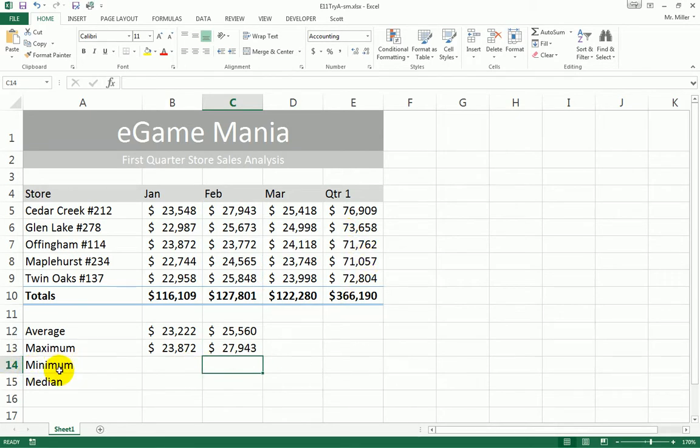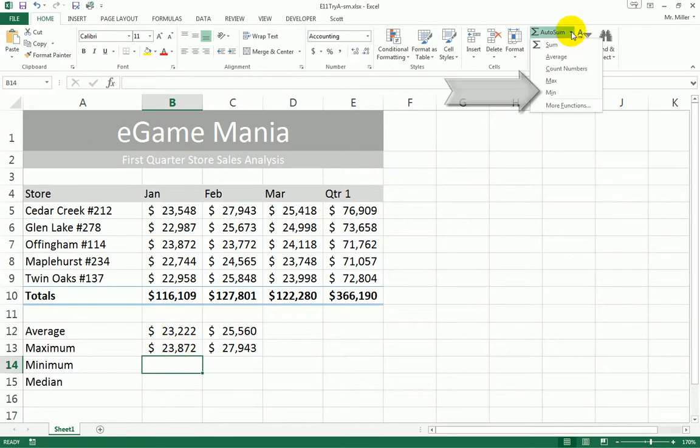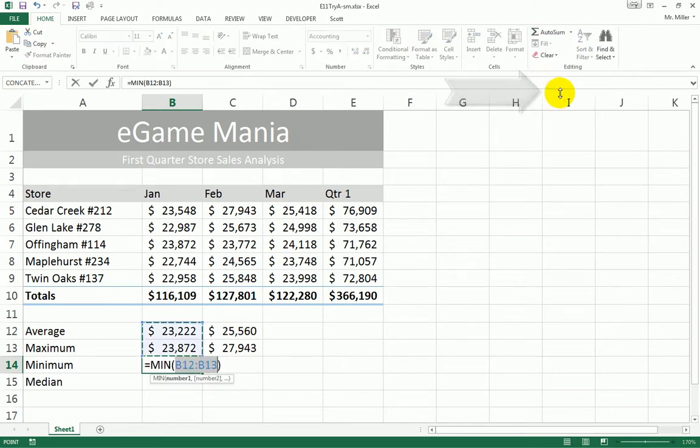Let's go to minimum for a moment. Clicking on the minimum for January, this is going to give me the smallest number. So here in cell B14, I click the drop down for Autosum. I'm going to choose the minimum, the smallest value. The dotted line